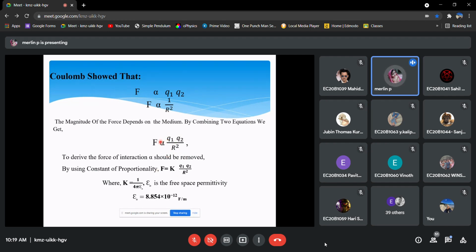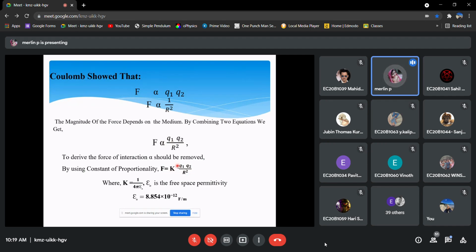Then we should not just say directly proportional like that. If it is directly proportional, it means tentatively it will be like this only. So we have to get the exact answer for the force. For that he derived a constant of proportionality. He multiplies some constant of proportionality along with the force equation, so the force will be equal to this, like that he had derived.